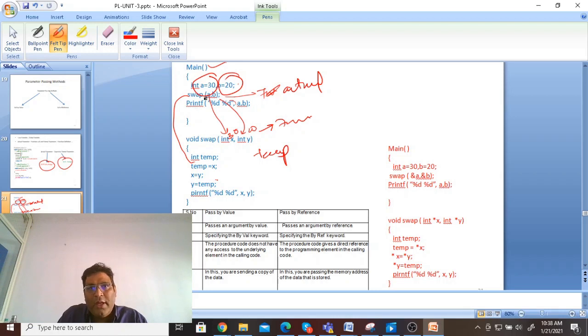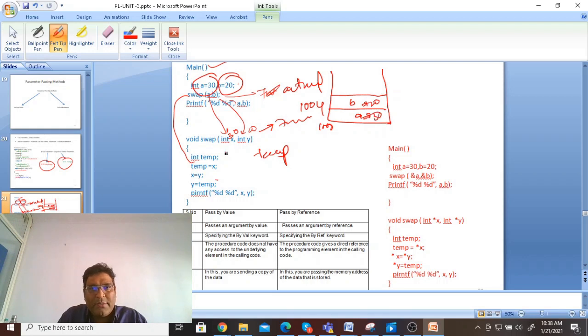Now let's move on. If I go to this one, there is a memory allocation. Remember this one, the memory allocation. Int a, 2 bytes are allocated to a. Let's take an example, start with 1000, and this is b, this is 1004, and this is 20, this is 30.